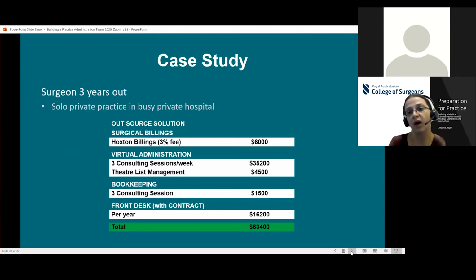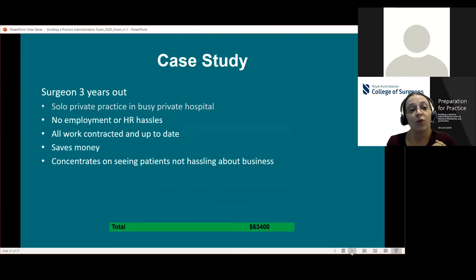So starting to wind back some of what that secretary was doing and outsourcing the inpatient billings, where it was getting taken care of. We weren't having to worry about things not getting reconciled or followed up, or being behind, getting the phones answered, getting the theatre list management sorted, having someone on site. In this case, we actually did have a part-timer physically there, and adding in some bookkeeping. And on that basis, in this scenario, we've saved over 10 grand, and in reality, a little bit more.